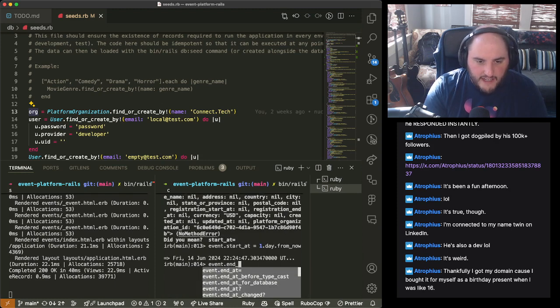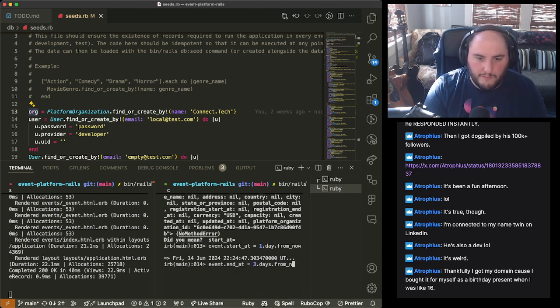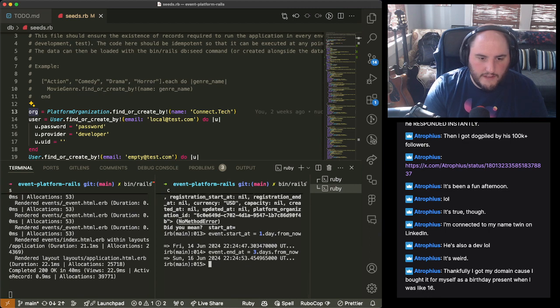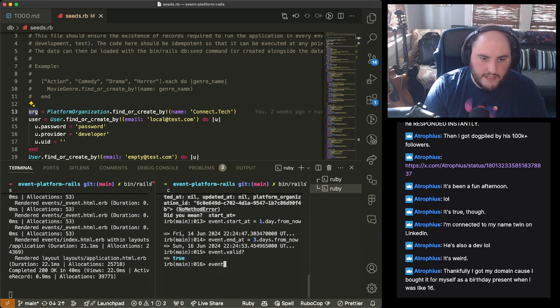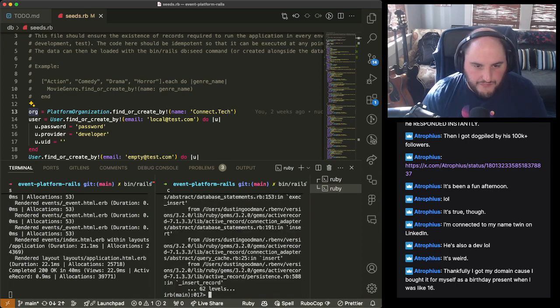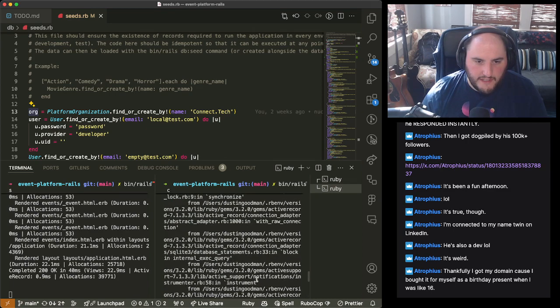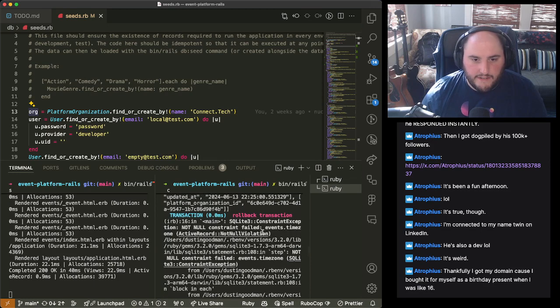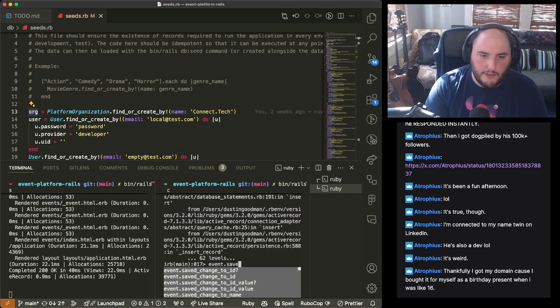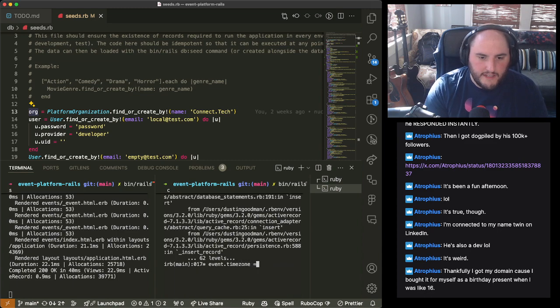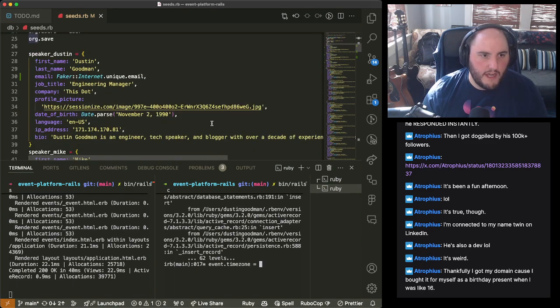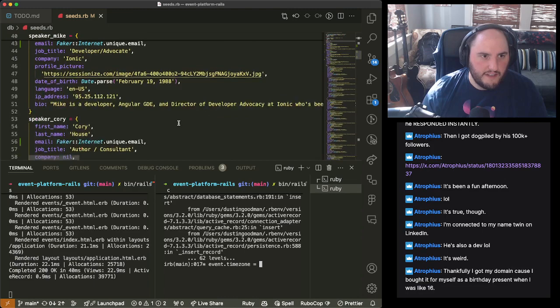The event end date is, let's say, 3 days from now. And then let's go through our valid checks one more time. If we just say event.save, it's unhappy because I need different constraints. So we have to do the time zone, and let's just copy stuff from an event I made.